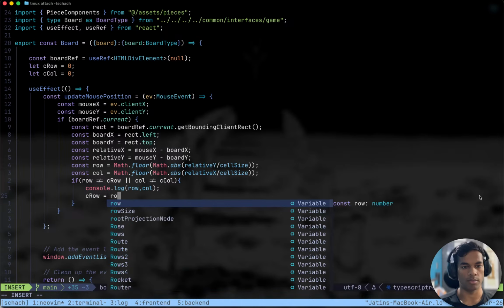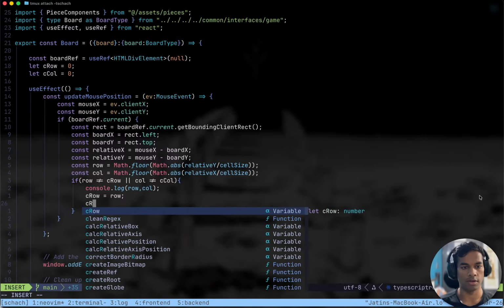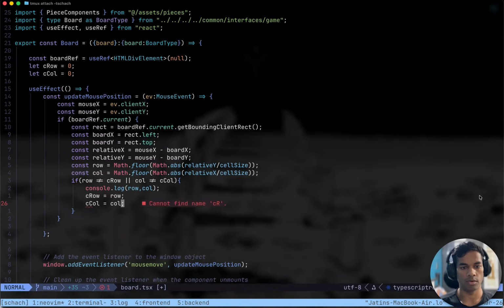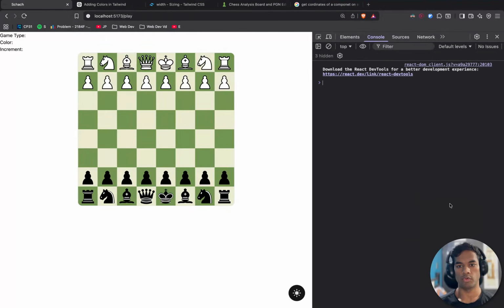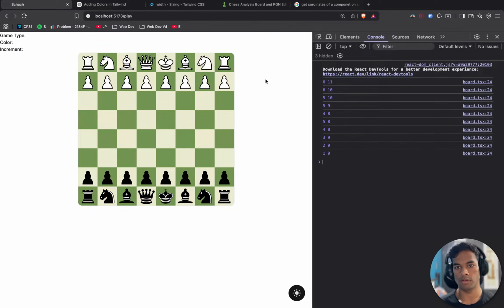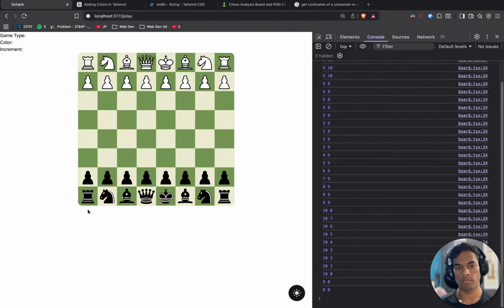Current row would become equal to row and current column would become equal to the new column. So we should only see things printing when, yes, we only see things printing when we change our column, which is very, very cool.